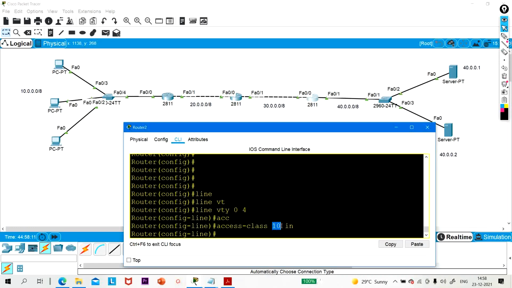ACL sequence number 10. If sequence number 10 is allowed, then only will this device be allowed to access line VTY 0 4, right? Otherwise this PC's traffic will be denied on R3, right? Just wait.